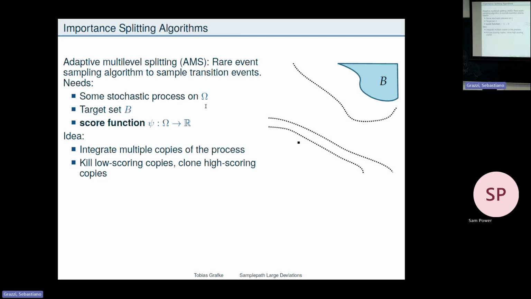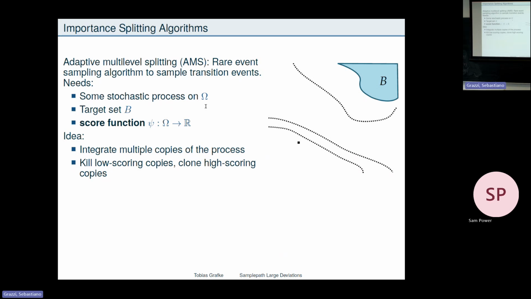So I will be brief, it's not my game, but I guess it is a biased sampling algorithm where you can have the same ideas. And here it actually works much nicer. So let me quickly explain what adaptive multi-level splitting is. It is a rare event sampling algorithm. I want to sample a certain rare event, for example, a transition, for example, going from this point to that set under a given Markov process.